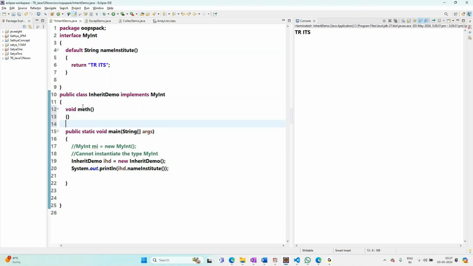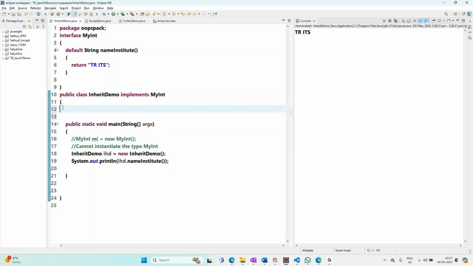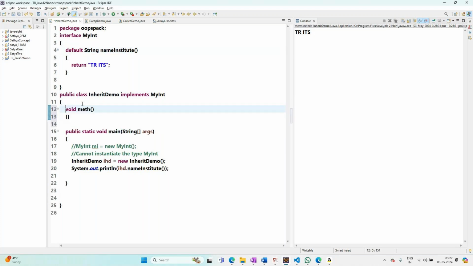Because there is no access specifier. If there is no private, no protected, no public, we call that a default method. But now in Java 8, they have given us a default keyword, which can be assigned to a method inside the interface. Now, for example, if I apply that here,